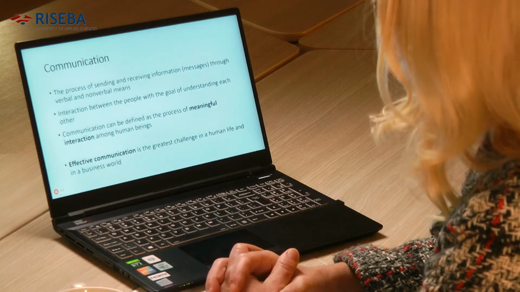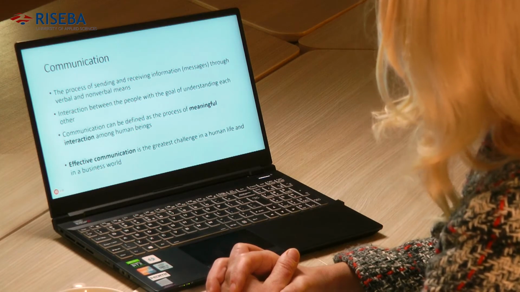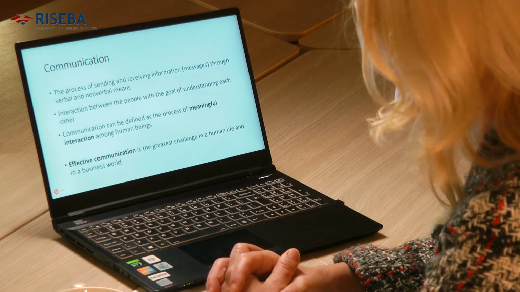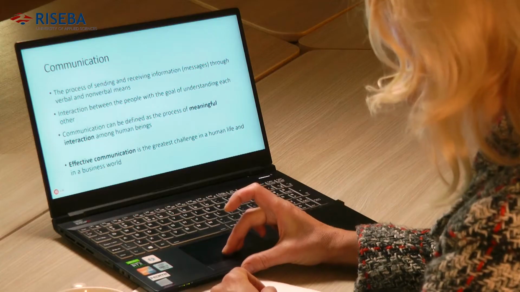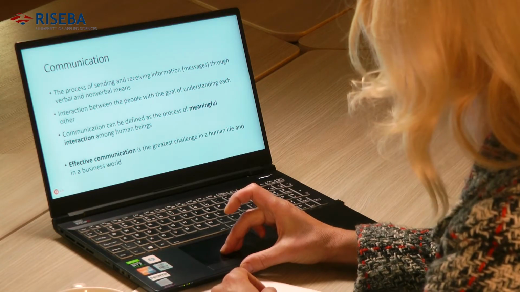In order for communication to be effective, it should always be aimed at something, and it should be aimed at somebody. So that's a key issue here. Very often people speak about communication and would like to increase it and be more effective, etc. But the crucial thing here is to think about whom you communicate with and what your message is. So that is the basis of this course, and we will learn today what that means.